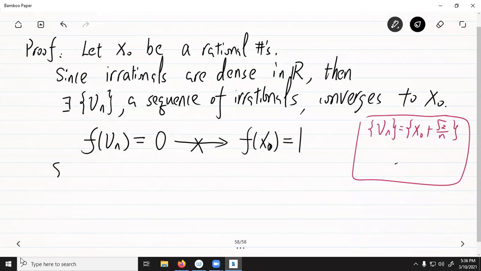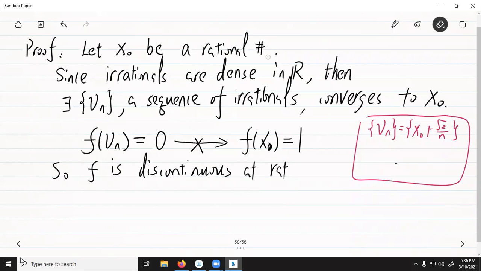Okay, so that means f is discontinuous at rational numbers. Discontinuous at rationals. In a similar way,